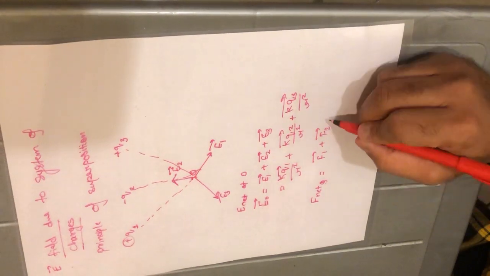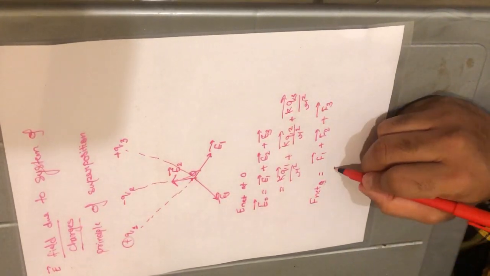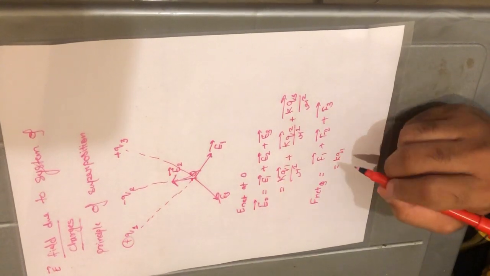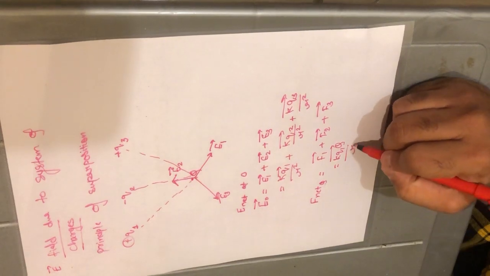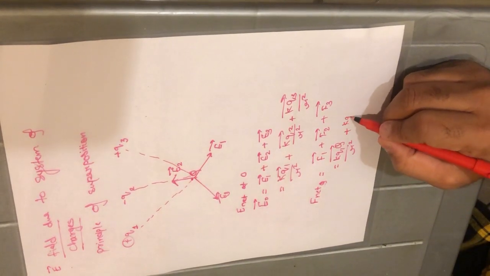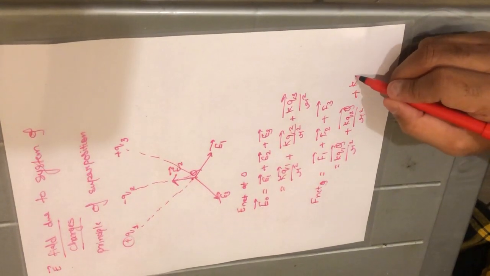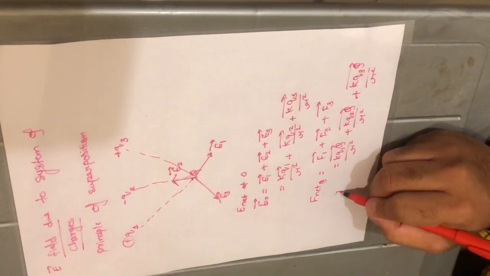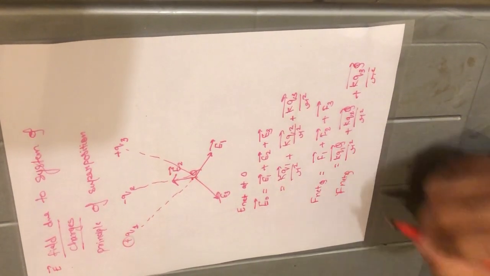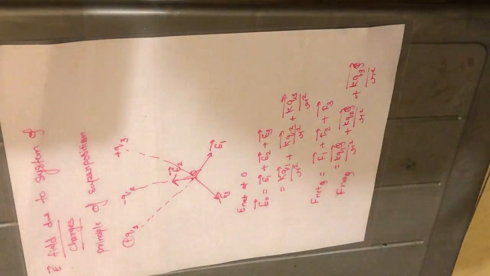And if you want to calculate the net force acting on the test charge because of all the source charges, the formula will become KQ1 multiplied by capital Q over R square, plus KQ2 multiplied by capital Q over R square, plus KQ3 multiplied by capital Q over R square. Remember, the net force formula is from Coulomb's law. If you look into it, you find that it is just Coulomb's law, product of two charges.